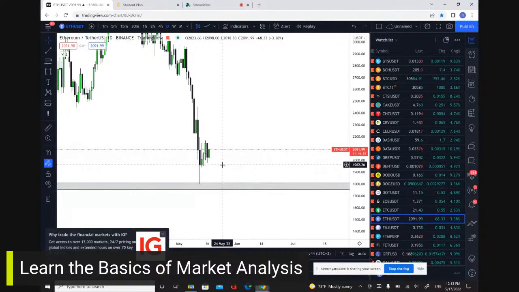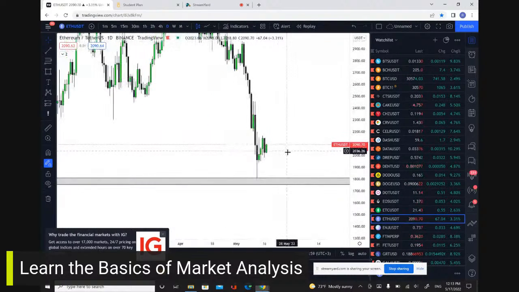You can see at the daily time frame that it retested the 1800 level and went back up again around $300 in 3 days. So it's a pretty good number. What we can see now is that